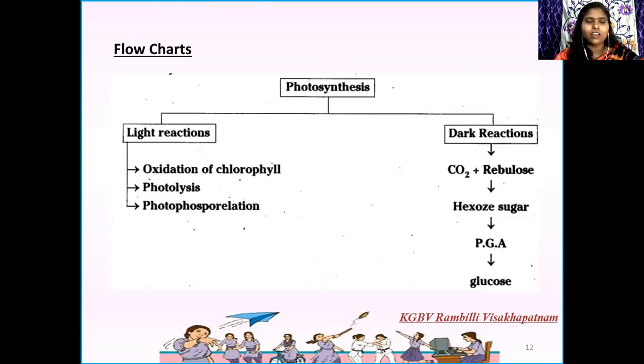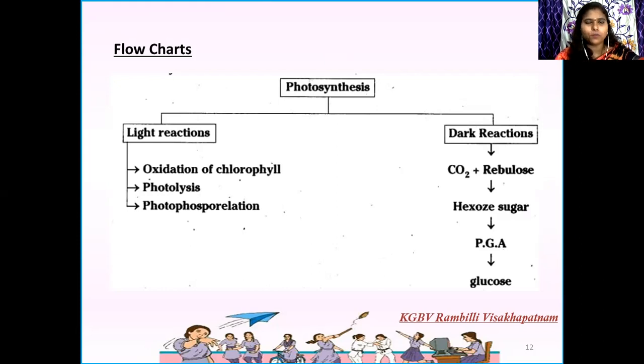You know very well the site of light reactions. What is it? Yes, you are right, grana. And the next one is the dark reactions. In the dark reactions, with the help of RuBP, first a sugar is formed and then it converts into PGA, the phosphoglyceric acid, and then it converts into glucose. Finally, we get the product from the plants in the form of glucose. And next,